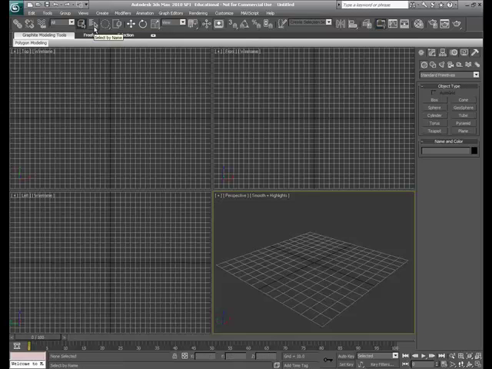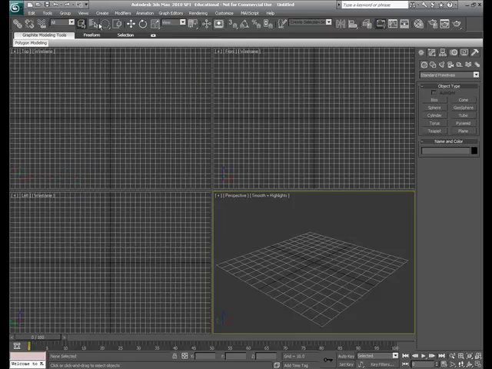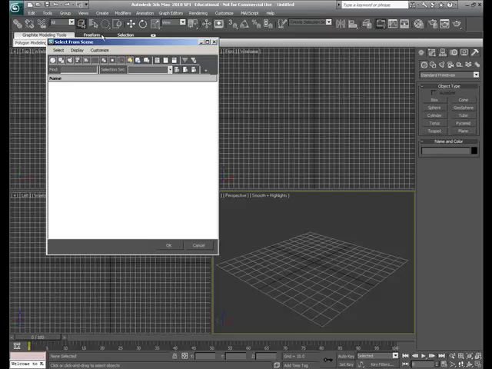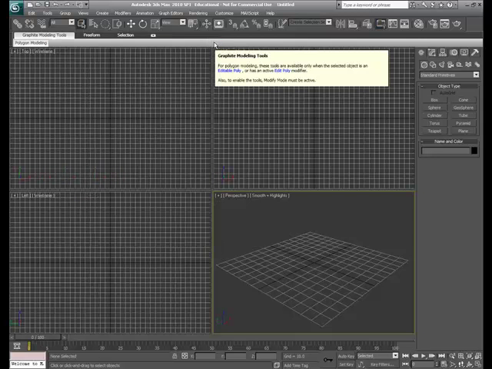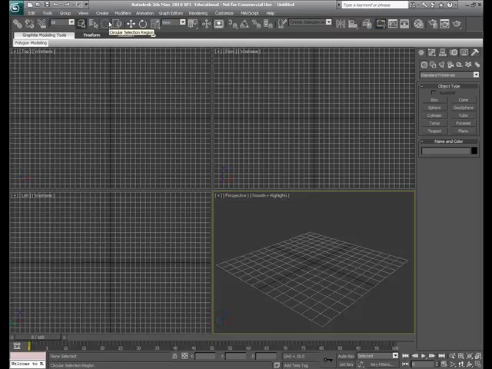The next one here, Select by Name, the hotkey for this, okay, is H. Everything you have in your scene, from geometry all the way down to containers and bones and rigs and all that stuff, will be displayed here. So please do not click on the icon, learn the hotkey. The hotkey is H. The next selection is, you'll notice each one of these little selection boxes, when they're available, have a little